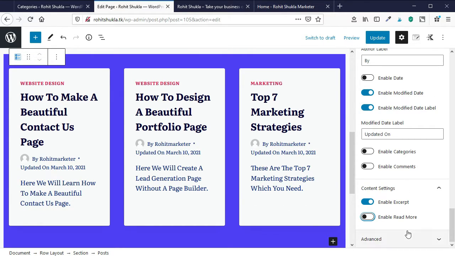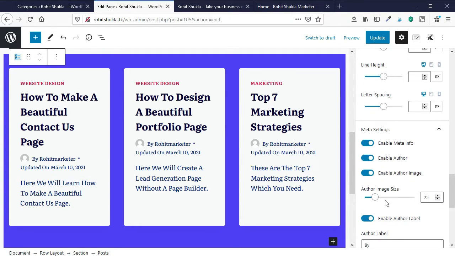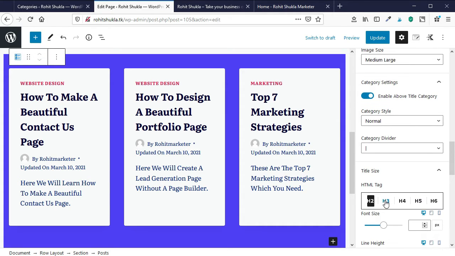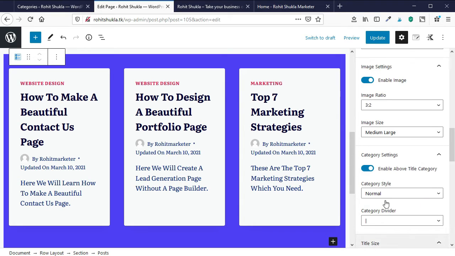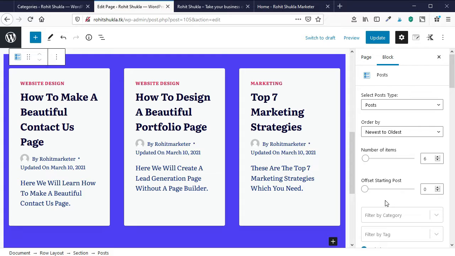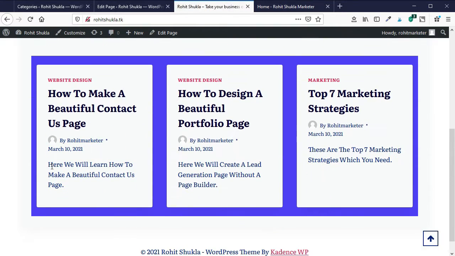So now it is looking beautiful. So we will go with this section. So how is it looking now?